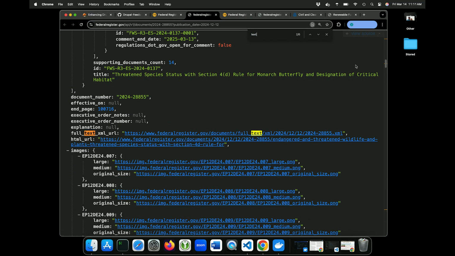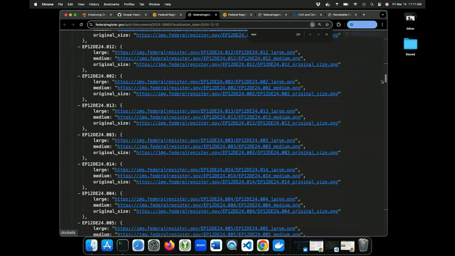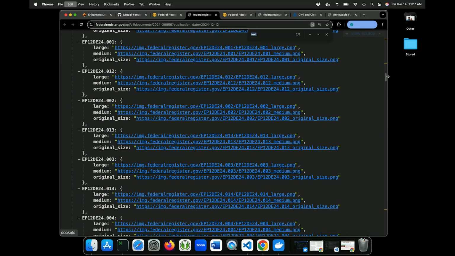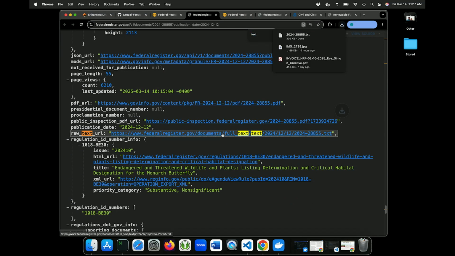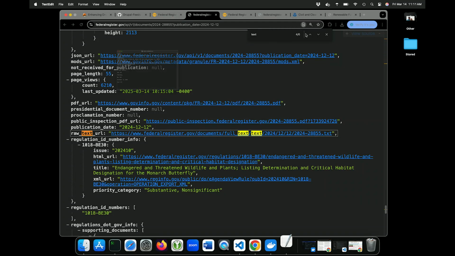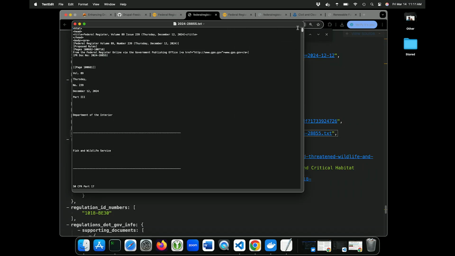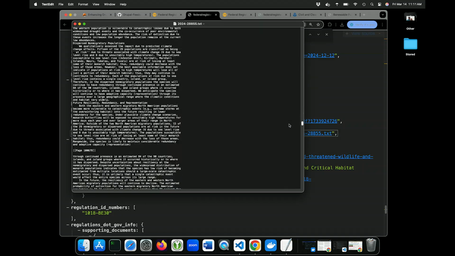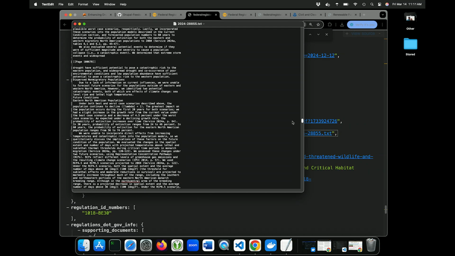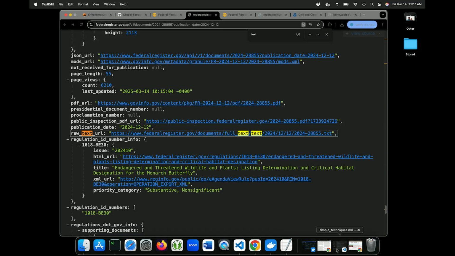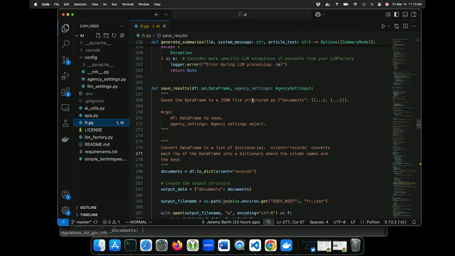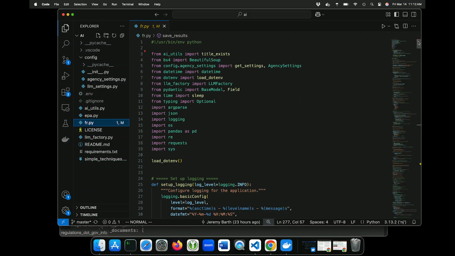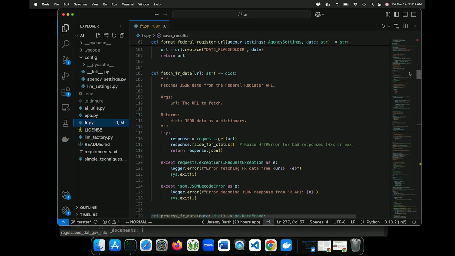There's a full text URL. Yeah, here we go. There's a really long TXT file. And if I open it up, it's a zillion pages long. It's completely impenetrable. So this is what we want to simplify and break down for the different audiences. So what we're going to do with the LLM, putting aside all the surrounding code for parsing this stuff, the essence of it is